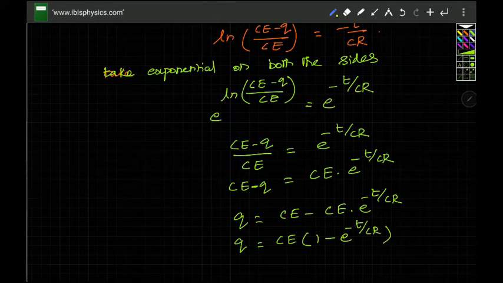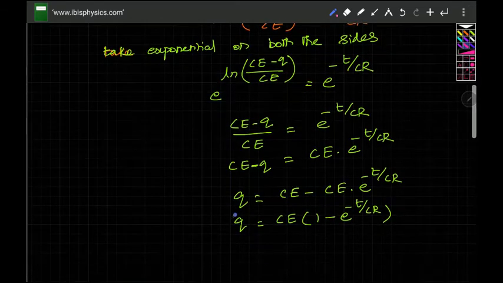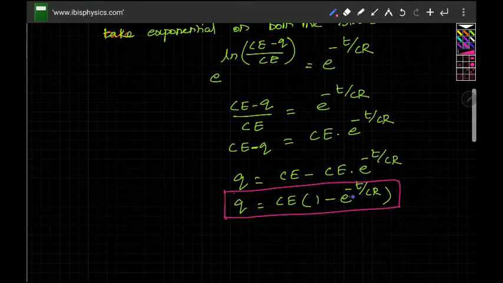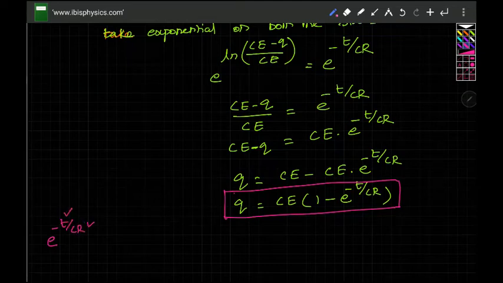So we were discussing dimensions also for a while. That time, since I hadn't taught you this part, I had not discussed it. Here you see e power minus t by CR has come. This is a power of e, so it cannot have any unit. So there is a time up there, and here it is CR, so CR must have dimensions of t. Because e power minus t by CR is there, these two must have the same dimension. So from this we learn that dimensions of t equal dimensions of CR or RC. You can say that this RC is called the time constant.